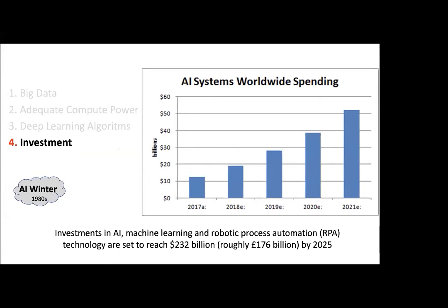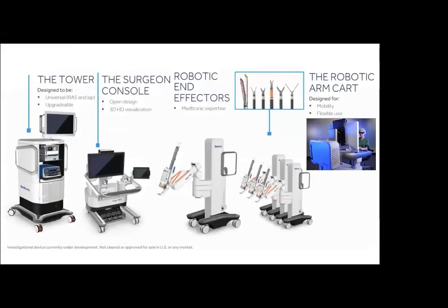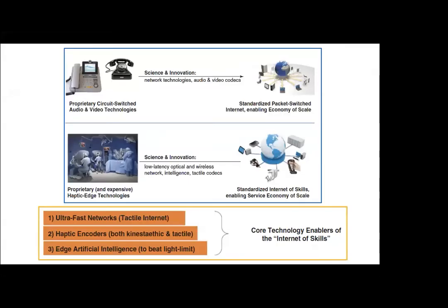And there was an artificial intelligence winter in the 1980s, as there was not enough investment for the investigations. But now we know that the amount is going to be increased to $132 billion by 2025. So this is another robot by another company. There are many robots coming, but the new research is going to take us to ultra fast networks where